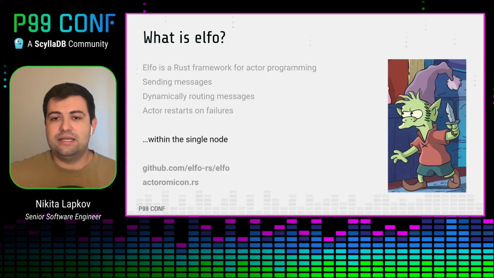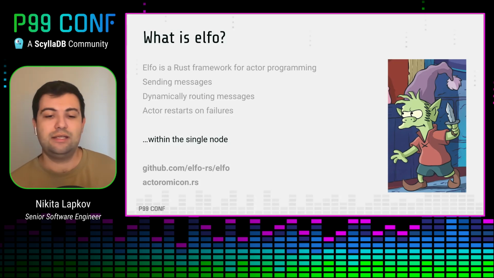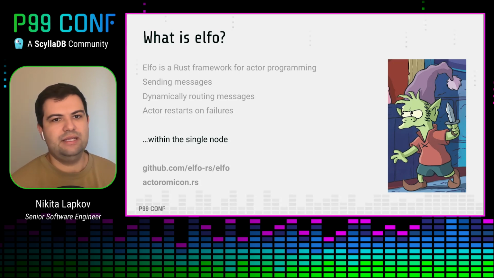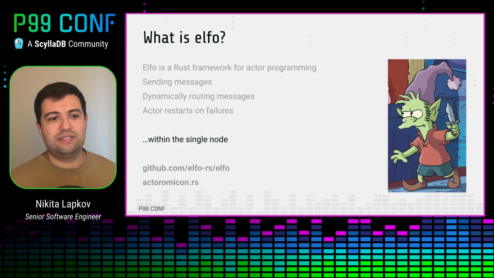So elfo provided us with a very solid foundation which we used for a very long time, but this foundation was constrained to a single node. And traditionally, people use protocols like gRPC and other remote procedure calls to take their single-node application and make it distributed. While it is a well-established practice, we didn't want to add another way to send messages in a system, because that's basically what it is. In elfo, all of our business logic is already using elfo's primitives to send messages around between different parts of the system.